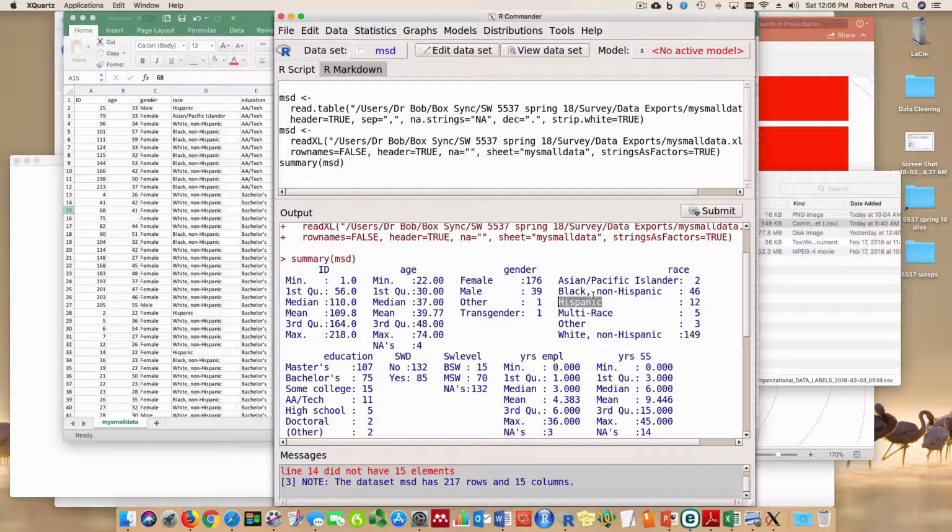And if they consider themselves to have a race, they'll consider themselves to be black or white or indigenous or Asian or whatever. So anyway,